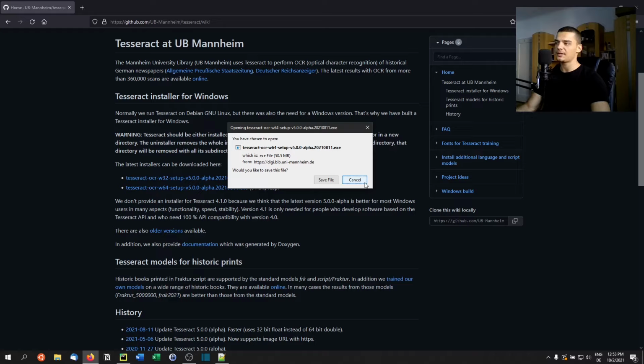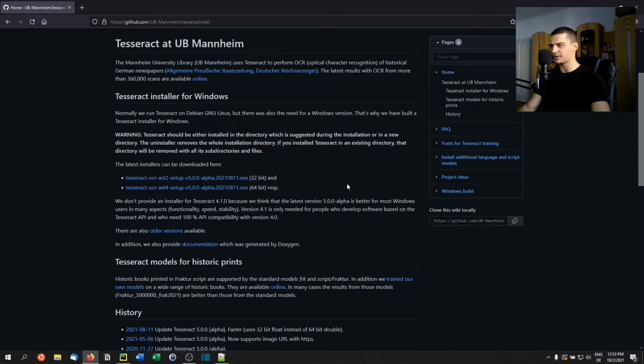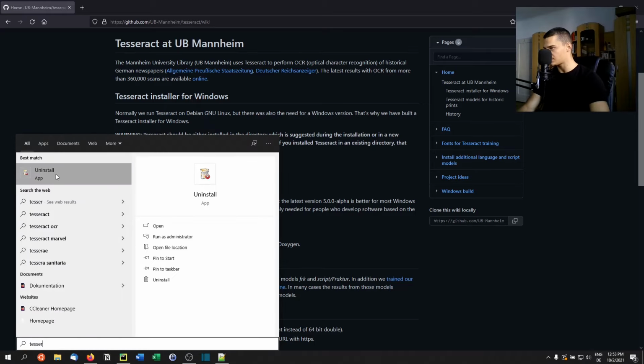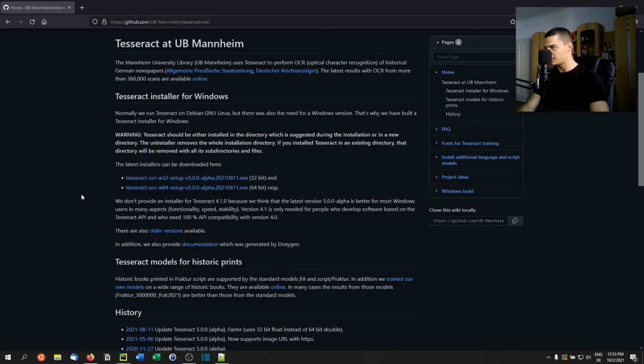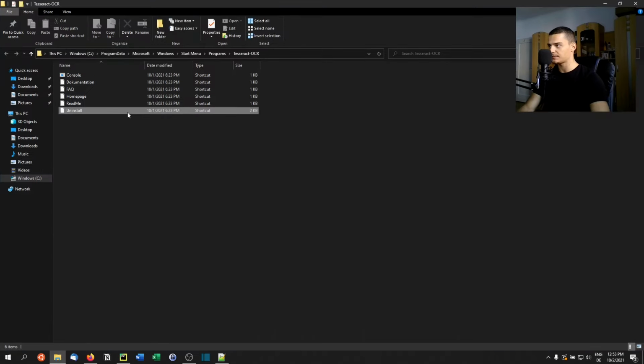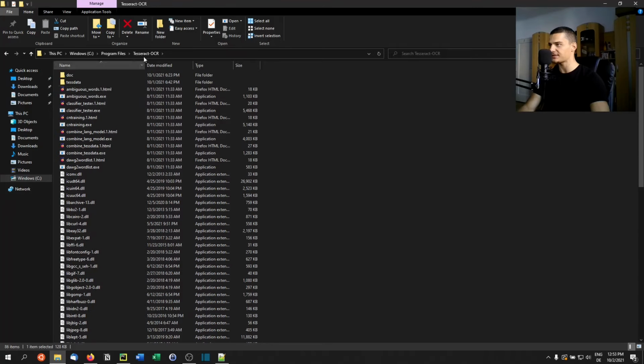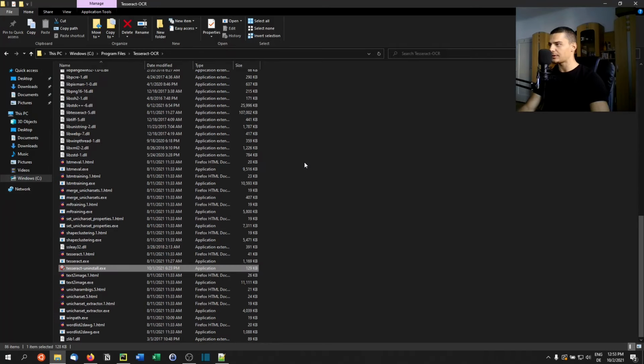Now, the important thing that you need to do here is when you install it, look at the directory it is going to be installed in and add this directory to the path. So in my case, I'm not sure where it was. Let's just open the file location of the uninstaller. Open file location. There you go. So we have this Tesseract OCR. This is the location in my case. So for me, it's C program files